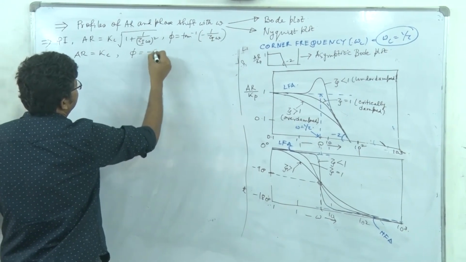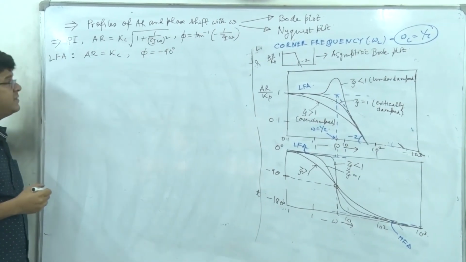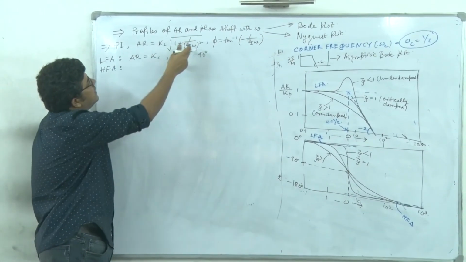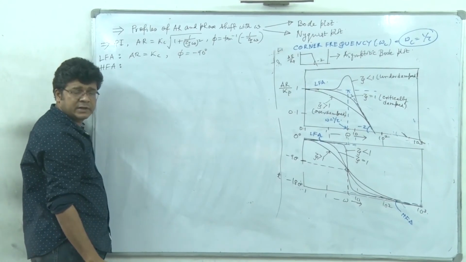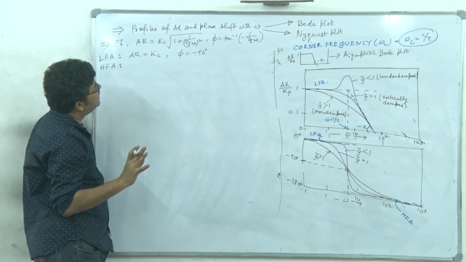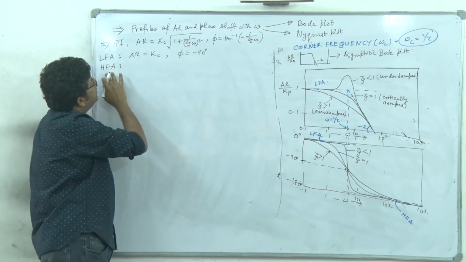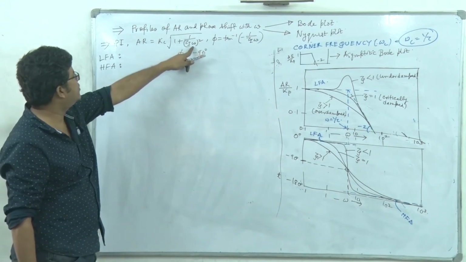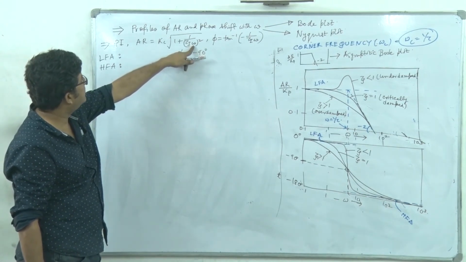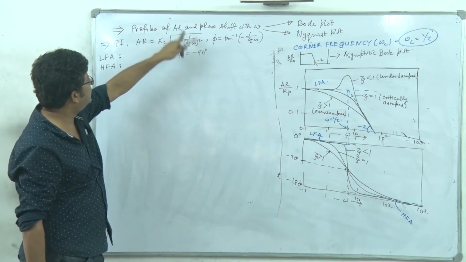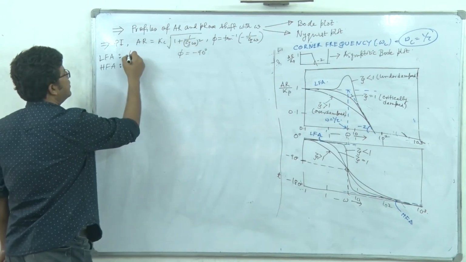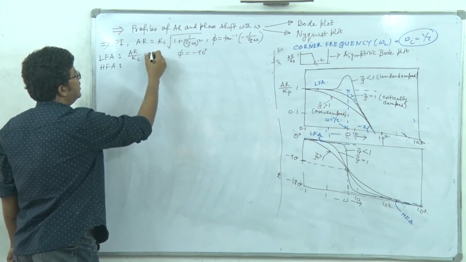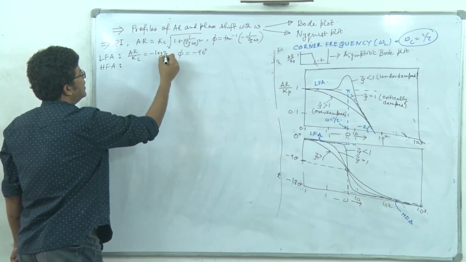Everywhere the slope of these two curves will be 0. And HFA. You see, again we have to go for actually defining the straight line equation. So omega tending to infinity, omega tending to 0. Oh no, sorry, I've done it wrongly. Omega tending to 0. Right. So this part is blowing up to infinity. So 1 is negligible. So actually the equation will be AR by Kc is equal to minus of log tau I. So that's the equation.